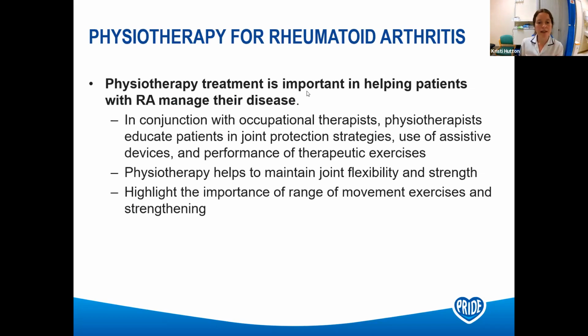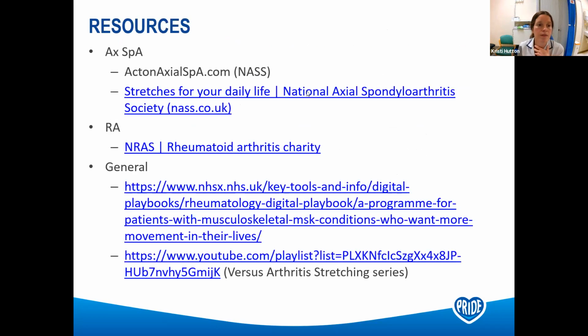We're there to highlight the importance of range of movement exercises and strengthening. So patients should be coming to physiotherapy earlier on for patients with inflammatory arthritis, such as rheumatoid arthritis, and they'll do much better. Now, there are, and this is where I'm coming to an end, so I'll be open